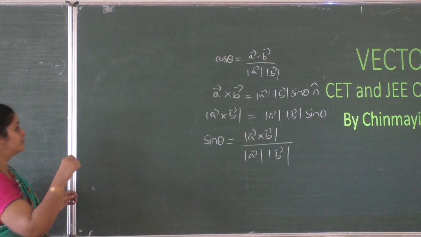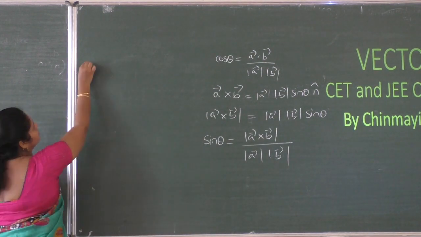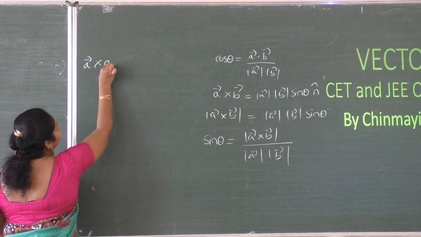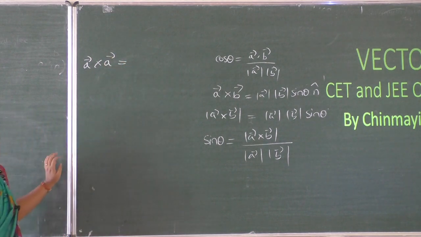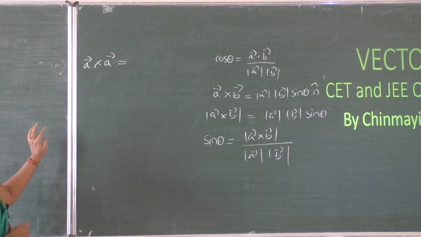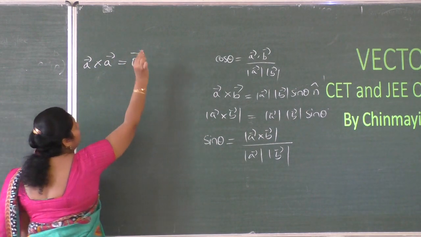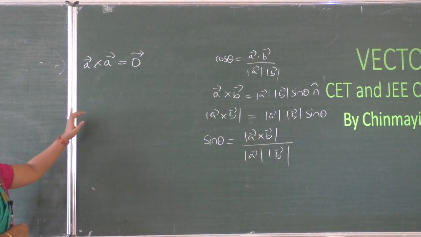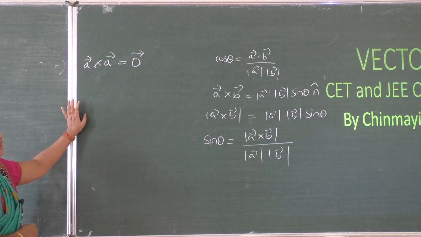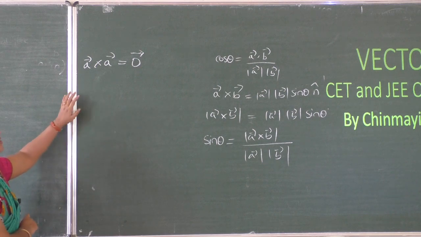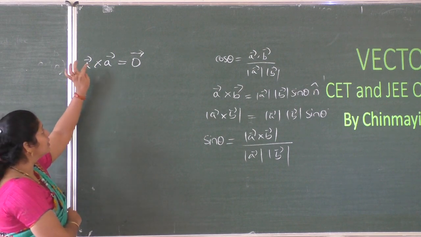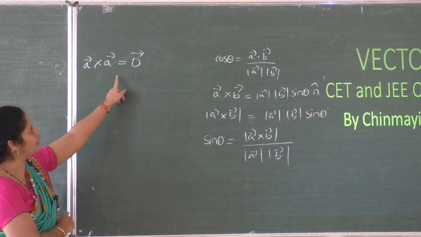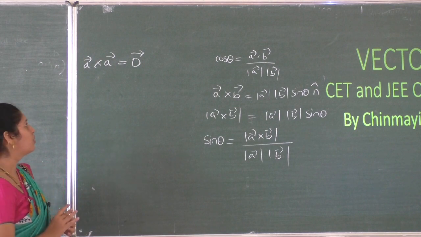Okay, in the cross product, if I take parallel vectors or equal vectors, the cross product is the 0 vector. If I take two vectors that are orthogonal, then it is not important here. But here we will use that if two vectors are parallel or equal, then vector A cross vector A is equal to the 0 vector.